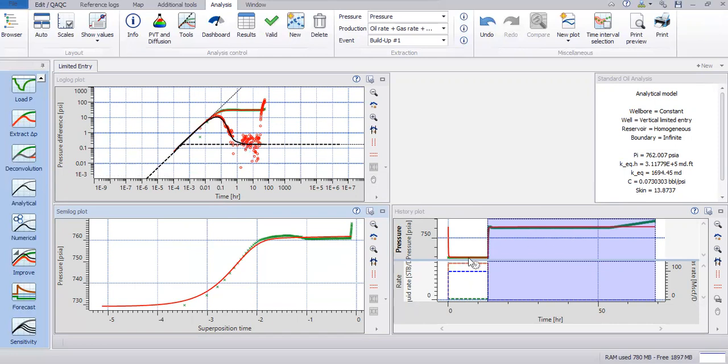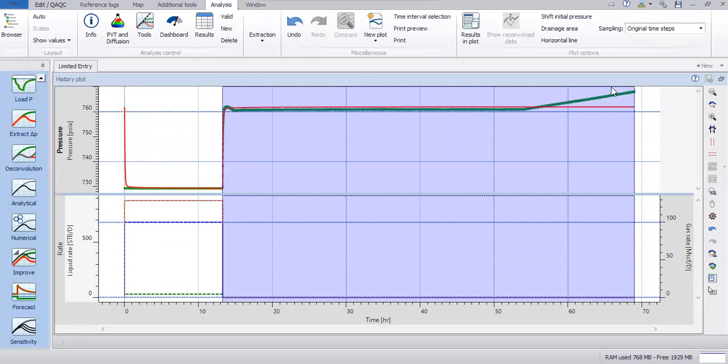Looking at the difference between the PWF and the build-up pressure, the permeability will be high. And another thing is that you must include the vertical limited entry in this case, because you have a thick reservoir with a very small part of it perforated. Okay, so another thing that I can do, I can delete this section,